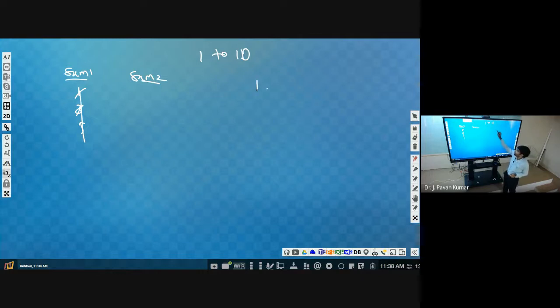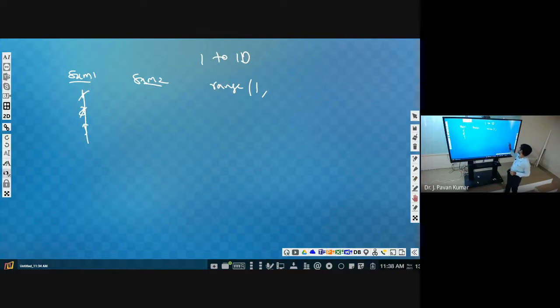Okay, then up to 10, then we have to use range function. What we have to give? We have to give 11, then it will repeat from 1 to 10.